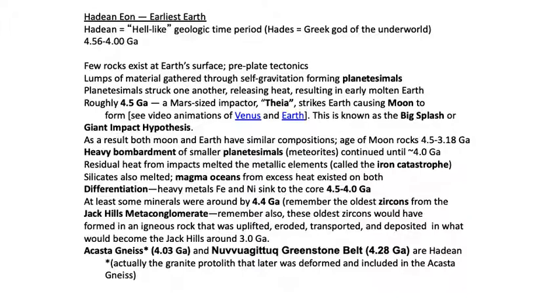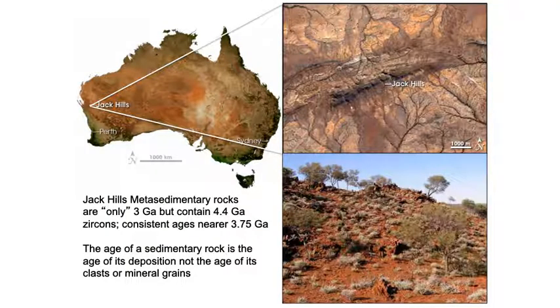So we have these other rocks that form on the outer part of the Earth, and the Acasta gneiss. The Jack Hills metaconglomerate is much younger, but some of the zircons in it were actually derived from some of the first magmas that crystallized on Earth. The next slide actually shows you where that is again. I think you've already seen some slides of the Jack Hills conglomerate, as I recall, in the